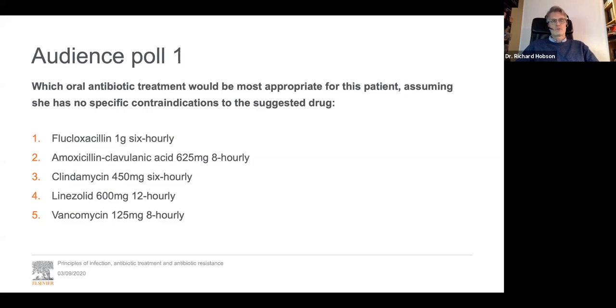Vancomycin would be inappropriate because the question asked for oral antibiotics, and oral vancomycin is used only in certain luminal infections, such as Clostridium difficile infection. Oral vancomycin is not absorbed systemically, so it's no use for systemic antibiotic treatment. So my choice there would have been clindamycin, and